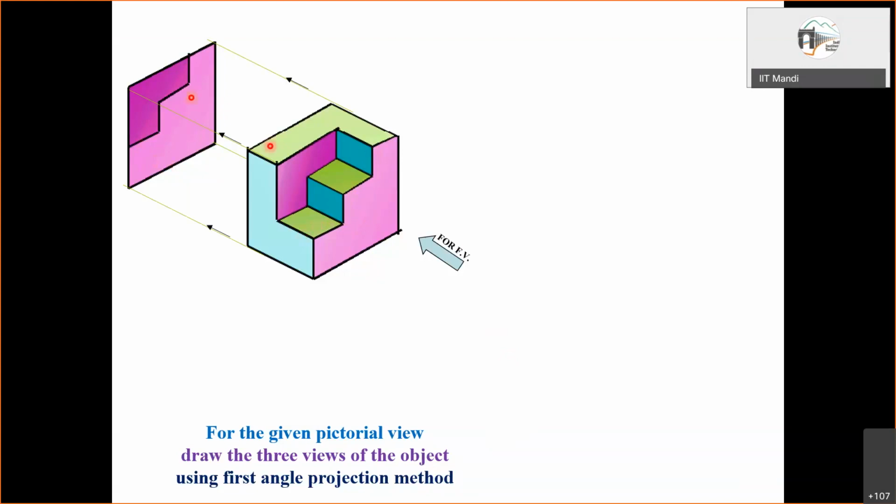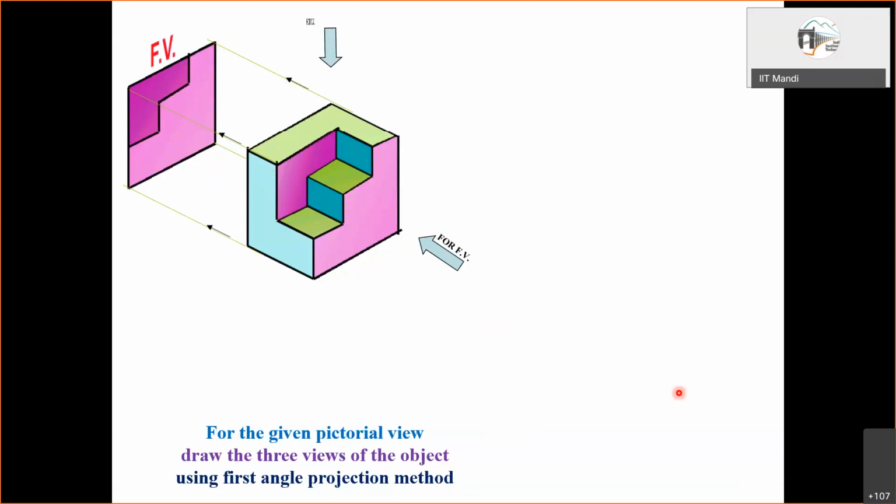Same way, if we consider this line in the front view, this will actually be representing this surface. Or likewise, if we consider this vertical line, so this vertical line is actually representing this vertical surface, and so on. So this surface, pink one and this one, these two are distinctly visible in the front view. Okay.